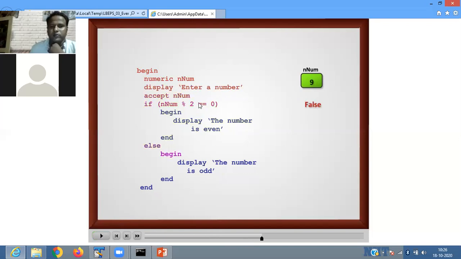If number modulo 2 is equal to 0, the number is even, else the number is odd. So 9 modulo 2: when you divide 9 with 2, the remainder is not 0, so it displays the number is odd. Clear? Yeah.